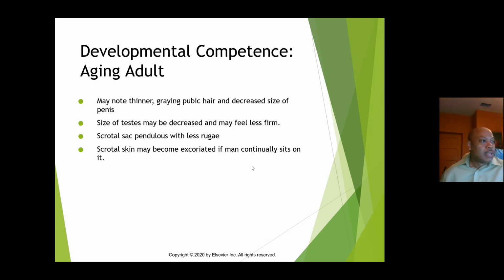All right. Let's see. Scrotal skin may become excoriated if a man continually sits on it. All right. This information is also on page 700. All right. Now, something to keep in mind too is there's a condition called male